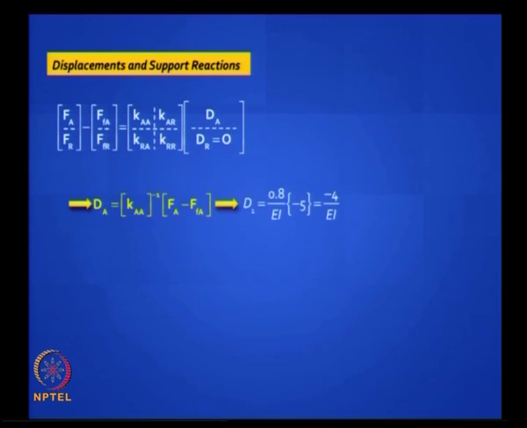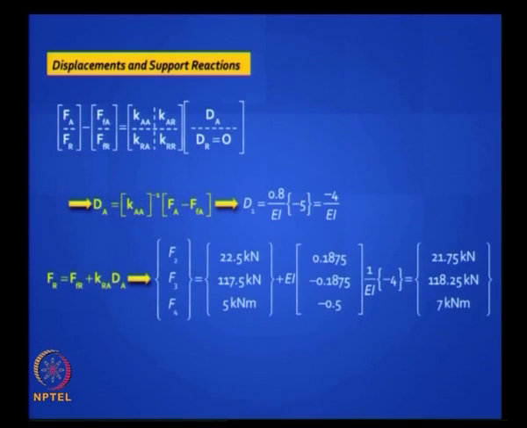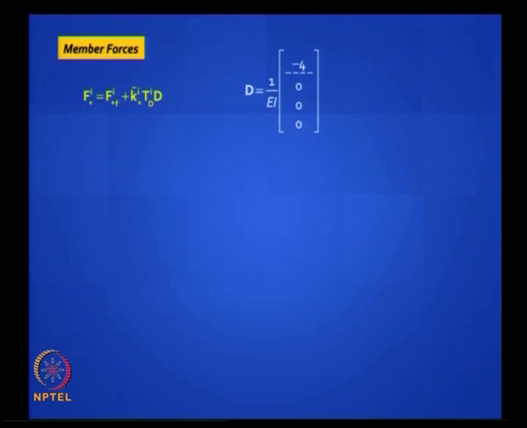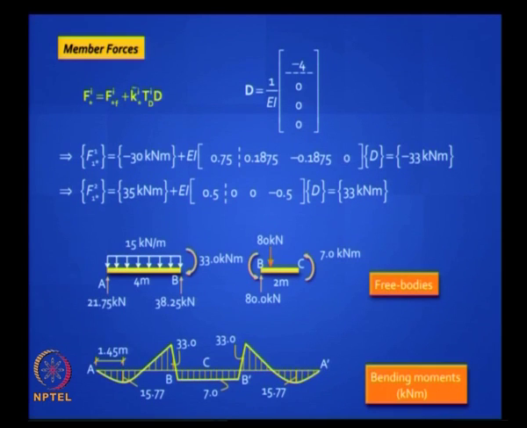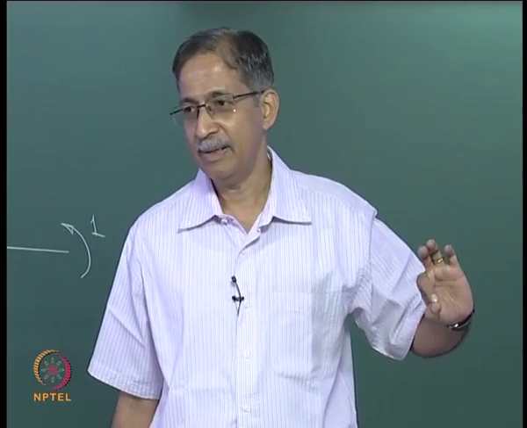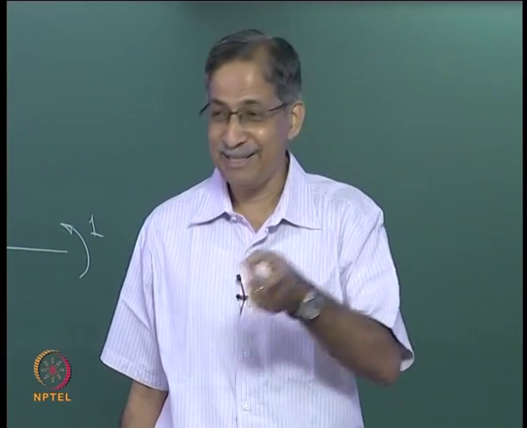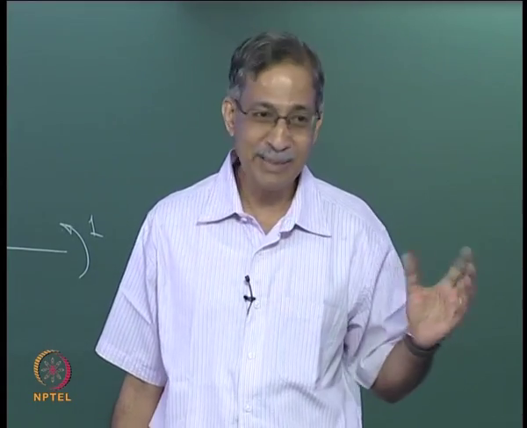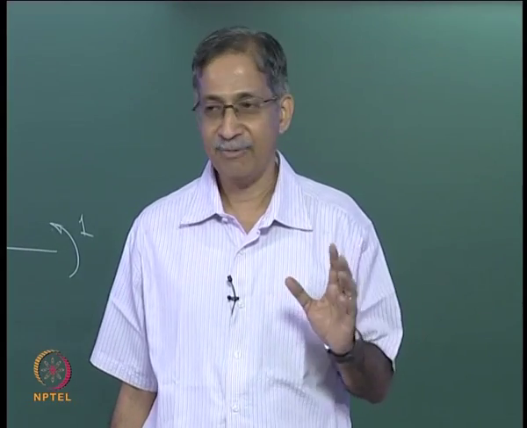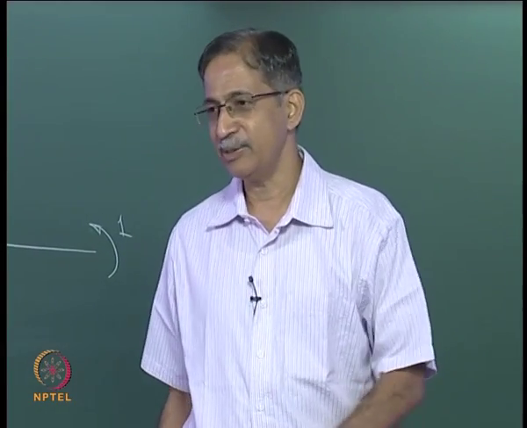Same procedure, find the unknown displacement, it is -4 by EI, find the support reaction, you will get exactly what we got earlier. Member forces, that is it. So be careful about this particular shortcut, but you can cross check with your previous examples. When you have doubts about TD, check with TD transpose, because you are very comfortable with equilibrium, right? Be careful. But we have covered all the possibilities that you can get.